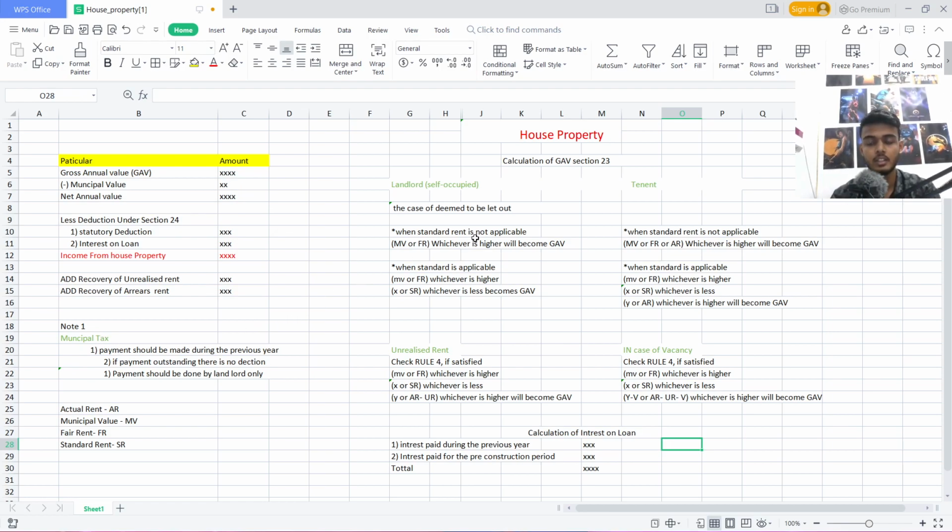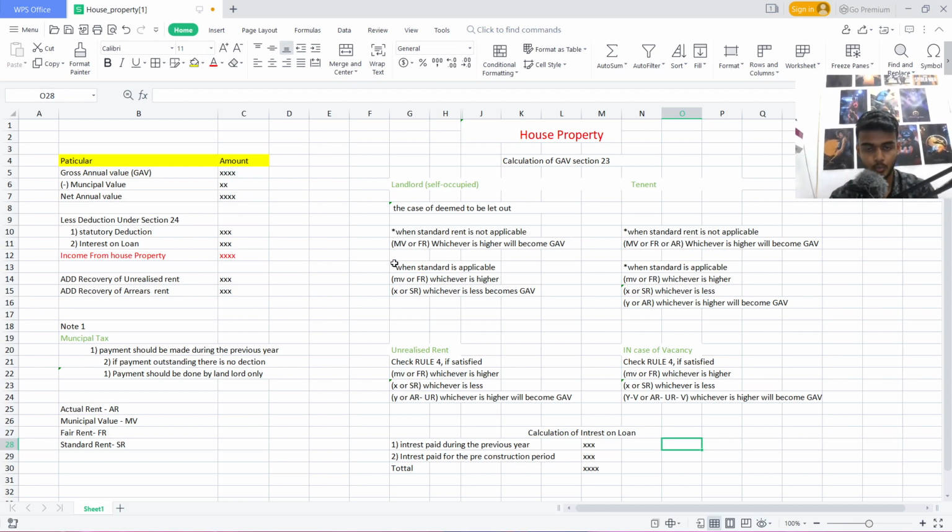Before we move forward to the calculation of GAV, I would like to mention a few terms here. Actual rent, which will be used as AR in the GAV, municipal value, which will be used as MV, fair rent used as FR, standard rent, which is used as SR. Now moving forward with the calculation of GAV under section 23, there are two ways through which we can calculate GAV, two criteria. If there is mention of landlord, the case of deemed to be let out, or tenant. First of all, let's talk about the landlord, self-occupied. In the case of deemed to be let out,